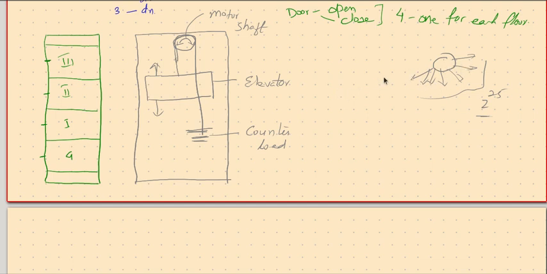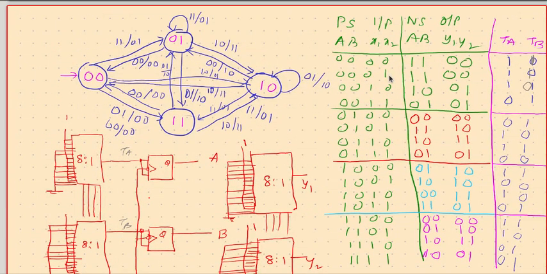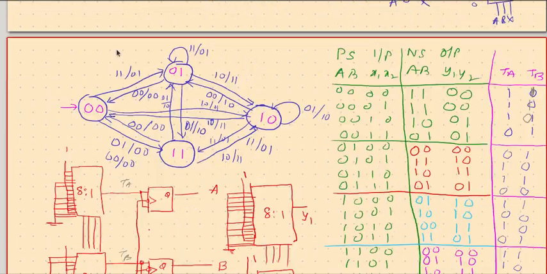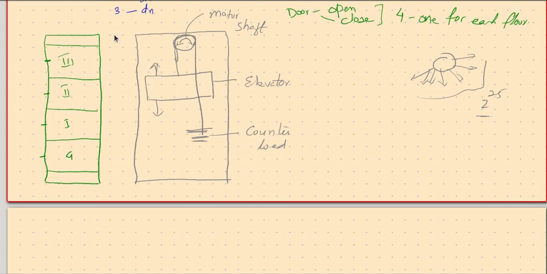Definitely it is impossible, as we did for a two input case. For the two input case, there were only four options from each state, so we could do it. But if there are 25 inputs, then definitely it is impossible to write in that language. We cannot say from every state there are 2 to the power 25 paths emerging out, and for each combination something should happen. So this is ruled out, not possible.